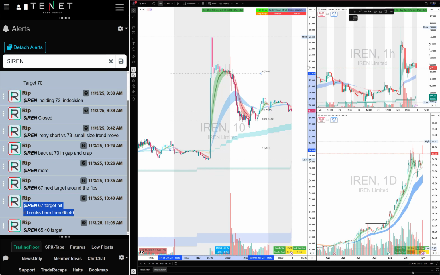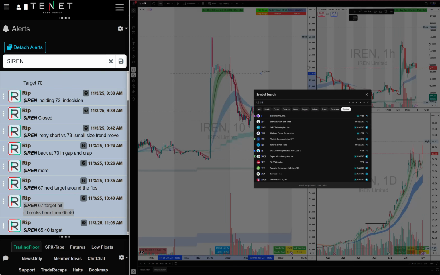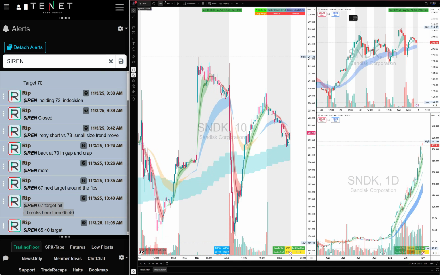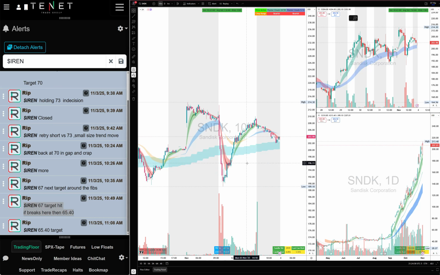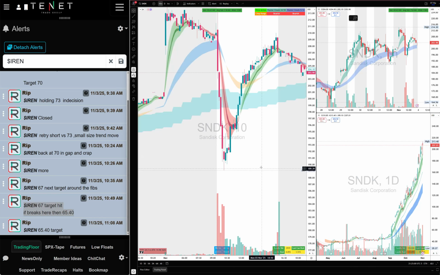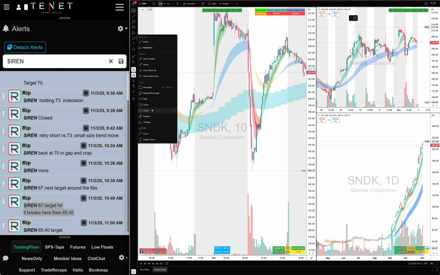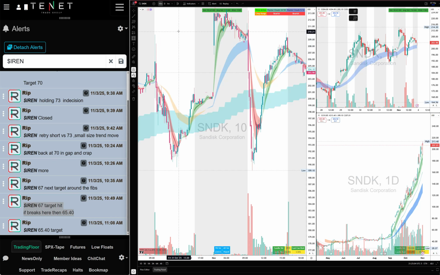Let's look at some more gap and crap setups today. There is a reason gap and crap is one of my favorite setups, because the risk is pretty defined. If we push over 34.50, we take a loss, but if the stock stays under 34.50, it fills that complete gap. So a very important concept, we use the gap concept. I teach the gap concept for swing trades, for day trades, for investing. I teach it a lot.